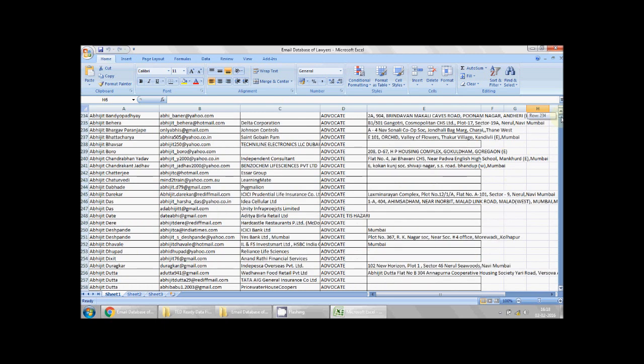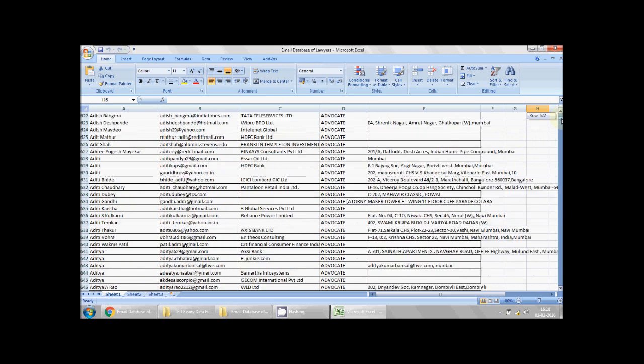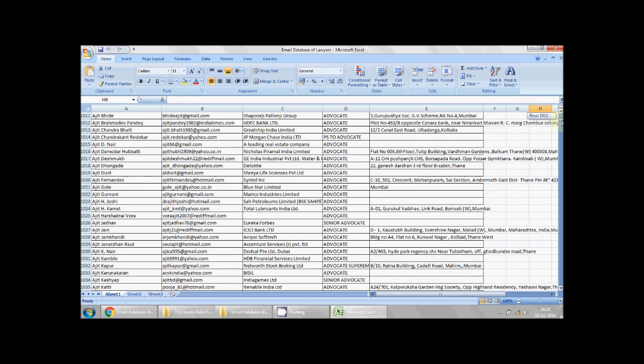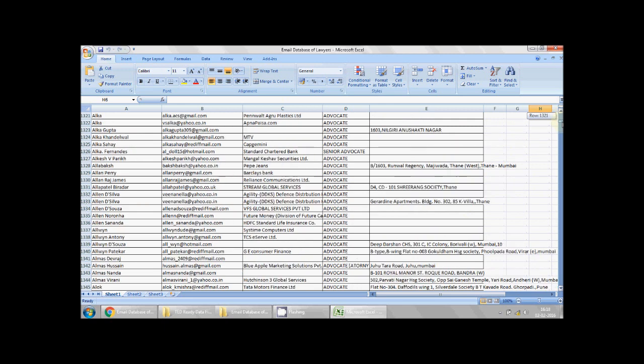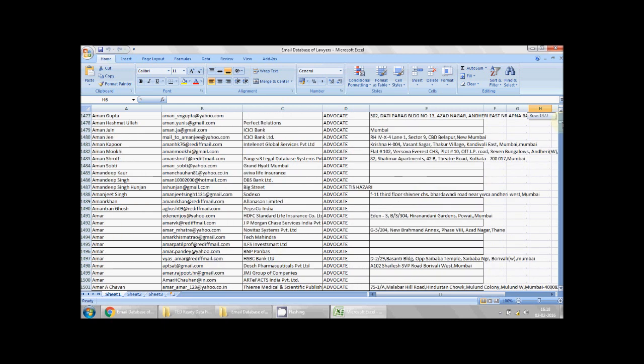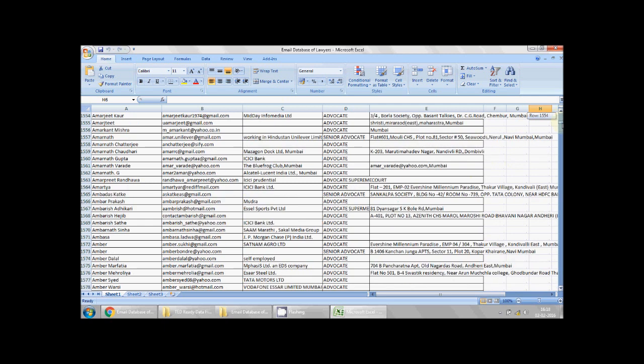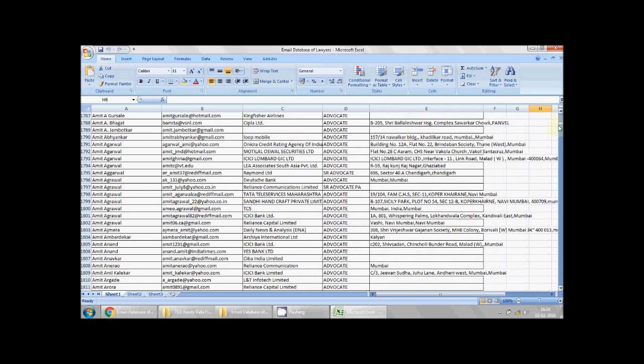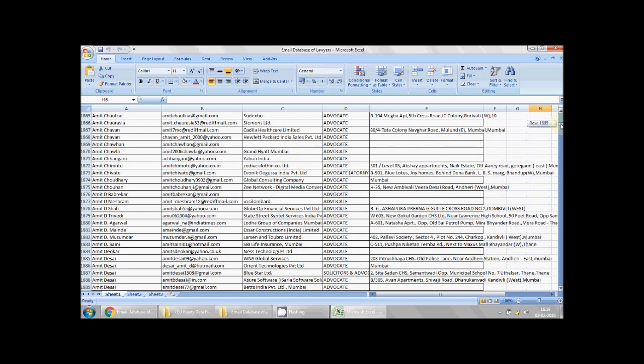This data is really helpful if you are trying to promote something related to legal, like legal softwares, or events or seminars related to laws. It is also helpful for indirect marketing, because most lawyers have HNI clients or business clients.